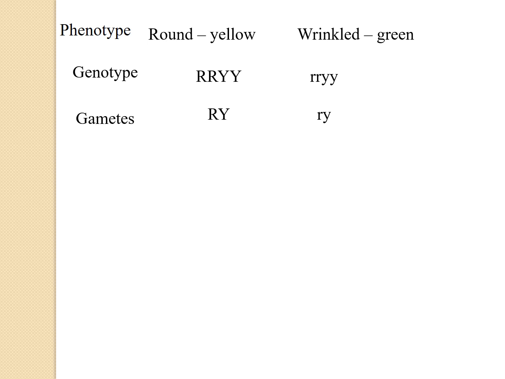Now you cross these together. When you cross them together, the first generation will be heterozygous. That is, the plant of the first generation has the dominant as well as a recessive gene for both shape of the seed and color of the seed. So for round, it has got dominant gene and recessive gene, that is why capital R as well as small r. Similarly, it has got recessive as well as dominant for color of the seed, that is why capital Y as well as small y.